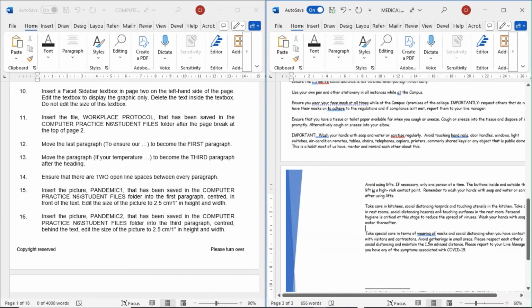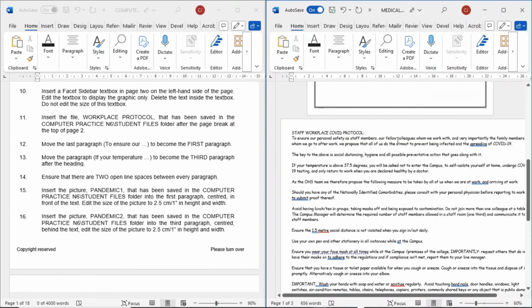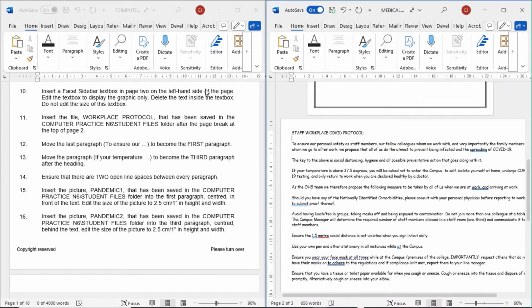There you have it, double spacing after each paragraph.